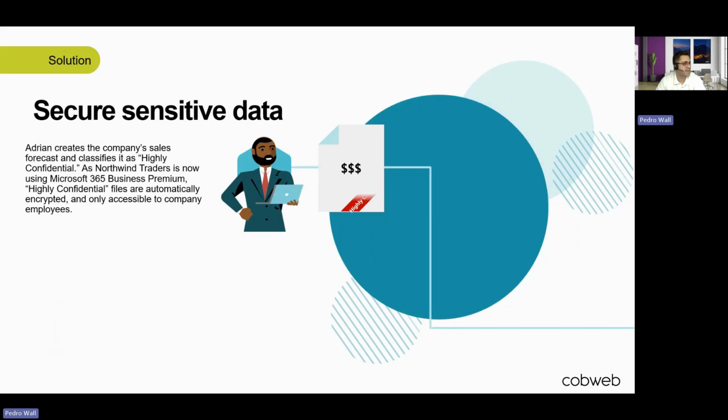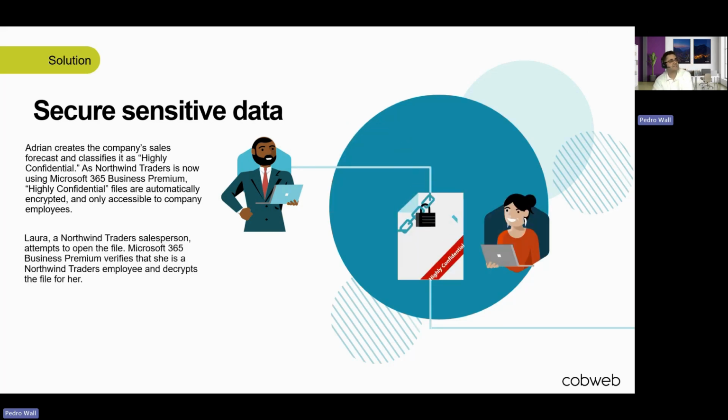So the solution then, of course, is where we start going into classifications. So securing that sensitive data that's actually built in. We do have sensitive labels now that are available for us that we can start applying to those specific documents. So for the example of that Excel spreadsheet that we have, with all different salary information, it could be absolutely anything, we can literally apply a highly confidential label onto that particular document to save it from anyone trying to get access to it that shouldn't have access to that particular area,